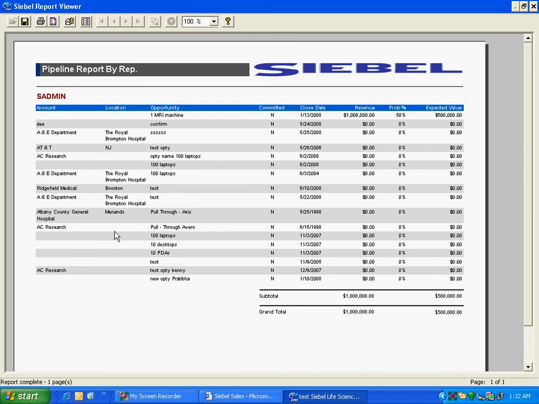Then, in terms of the GUI itself, had it been an aggregate report, it would have been new written here, and then the total number would have been written here. Total number of new opportunities, and total revenue associated with the new opportunities. Open, these are the number of opportunities, and this is the total revenue associated. The CEO could drill down on that and see the details of opportunities, or he could get it filtered by rep, or there are different variations.